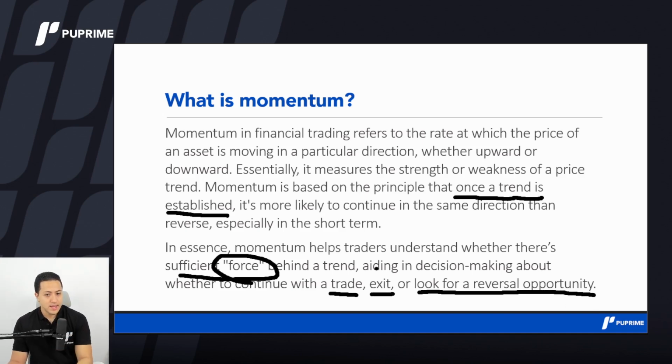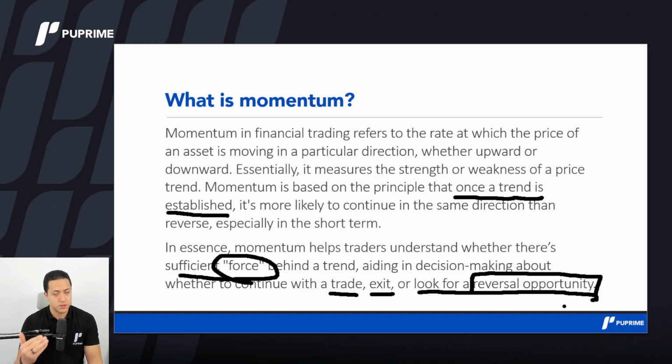And yes, it can tell you whether to jump into this trend or not, but personally, I don't use it so much in entering a trend following trade. I very much use it to look for reversal opportunities. Remember when we spoke about supply and demand in the last webinar, I told you that supply and demand are price zones where prices will actually reverse. How can I know if this supply zone, let's say prices are moving higher and we have a supply zone, how will I know that prices will reverse when we touch this supply zone?